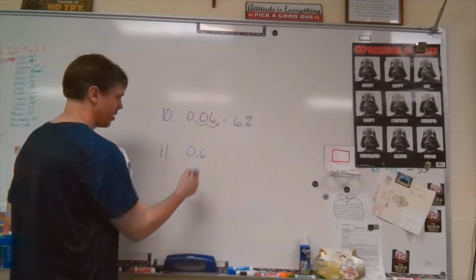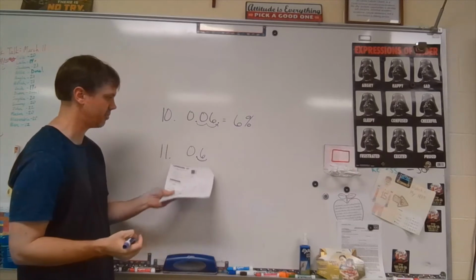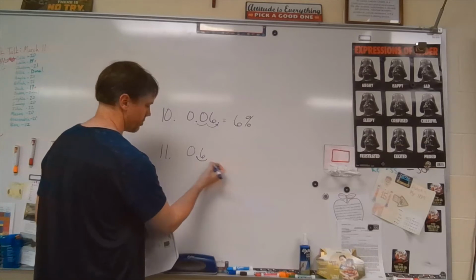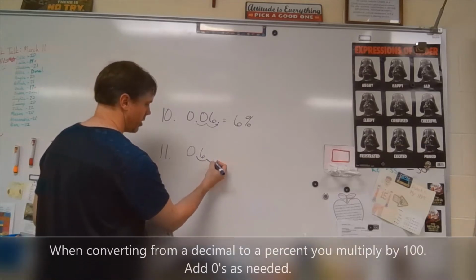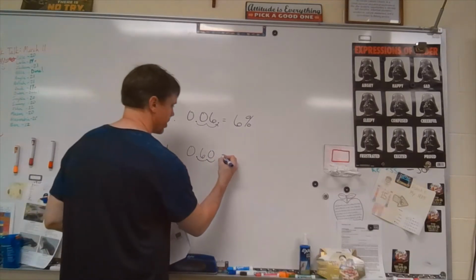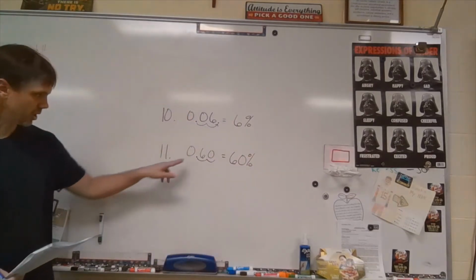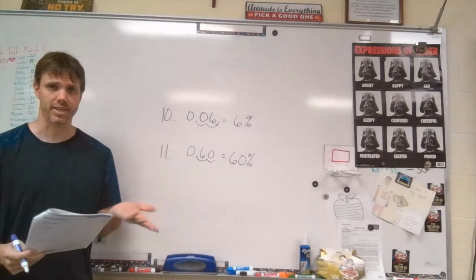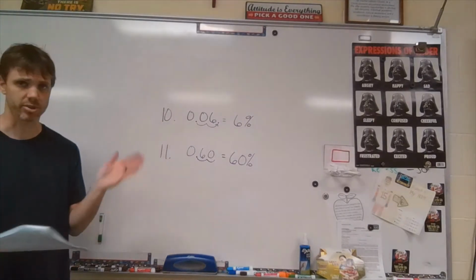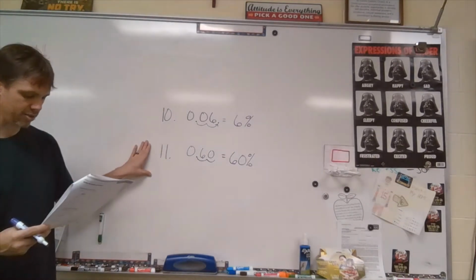Now here, we're moving it there, and we've run out of things to go around. But just like we talked about way back when we did decimals and you multiply them times 10 or times 100, even if there's nothing there, there is a 0 there. So you move it, and this becomes 60%. Always move it 2 spots when you're dealing with decimals converted to percents. And when you're dealing with percents converted to decimals, you move it 2 spots the other direction. All right, hopefully that makes sense, and that should get you through